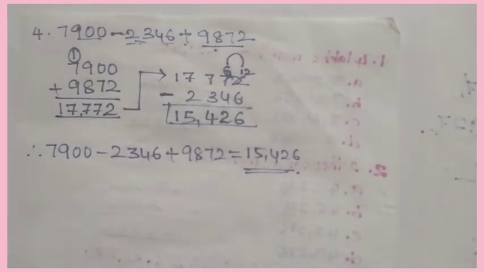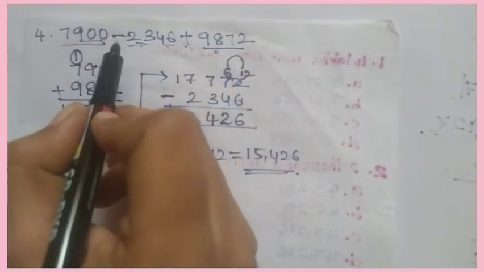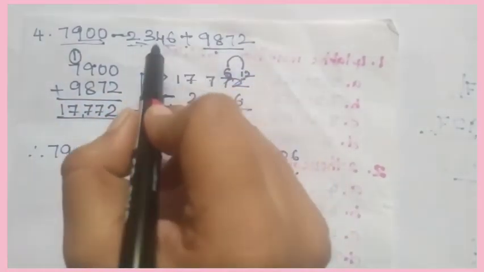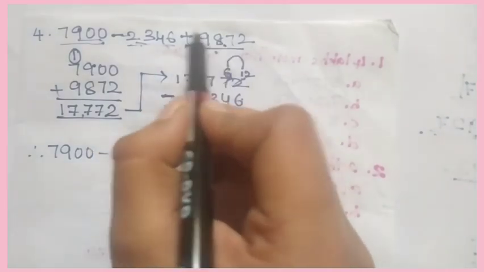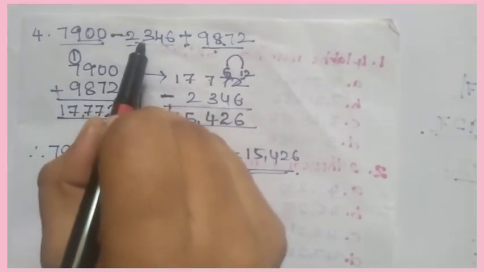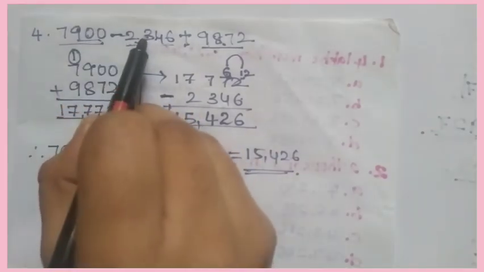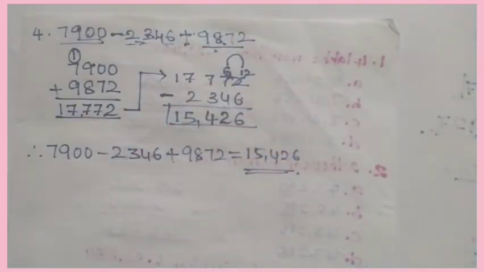Very easy. Step 1 is, first we have to write first number and we have to choose which one is having addition symbol before it. If it is having addition symbol, then we have to add these two and then subtract this number. Like that you have to do. This is combining addition and subtraction.